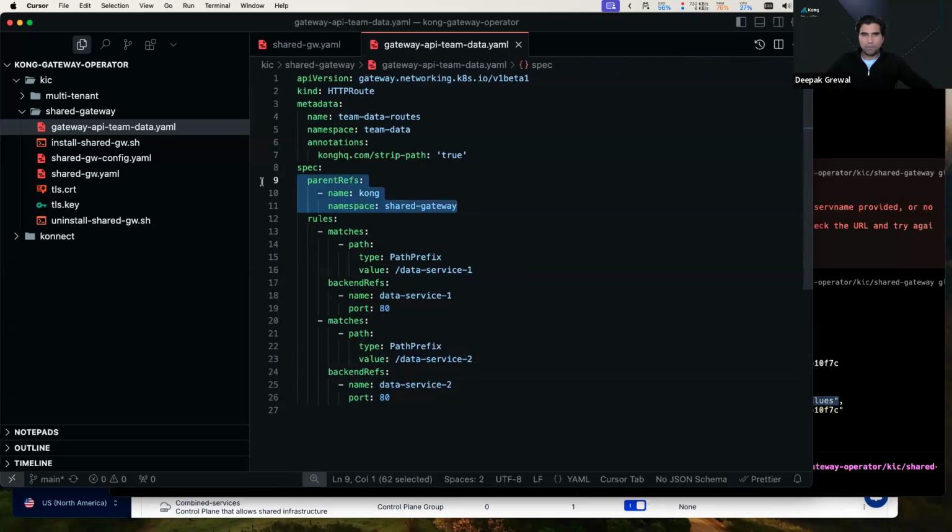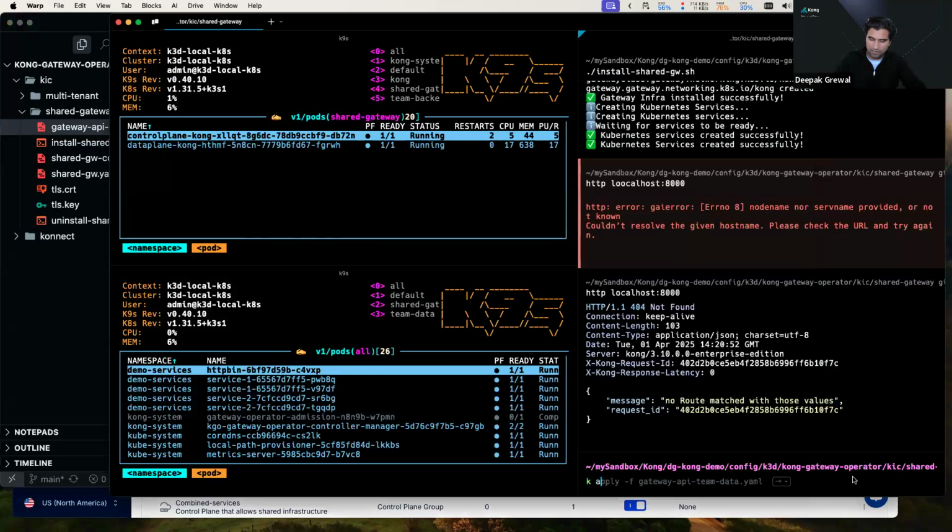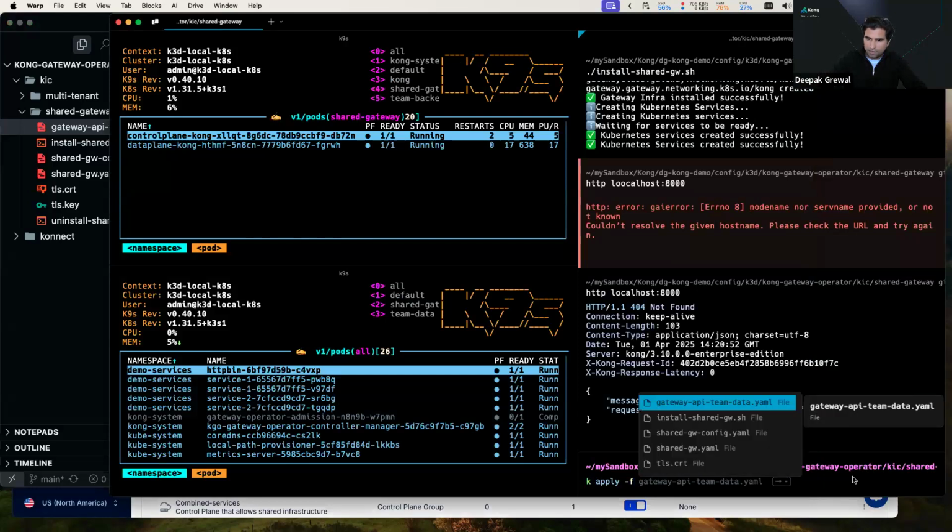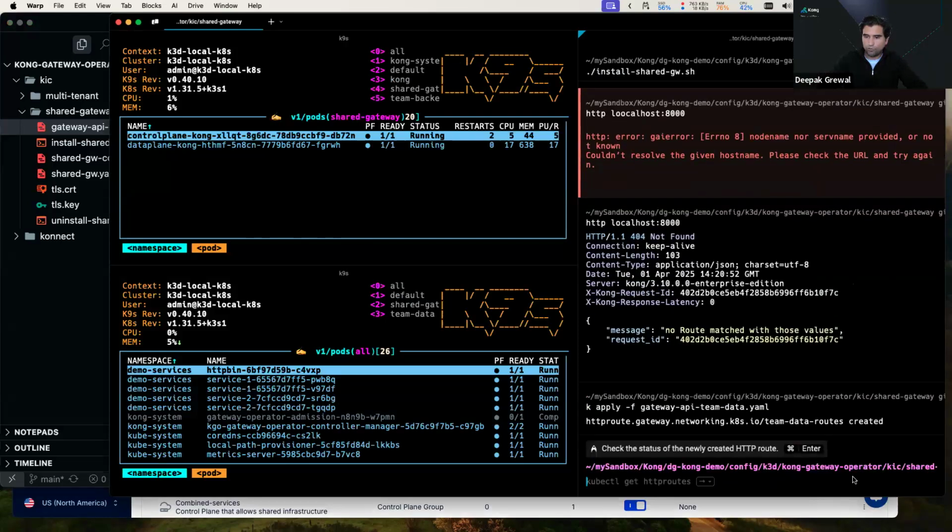So again, when I apply this resource on my cluster, it's going to point to the shared gateway. So I can go in and apply this route. So that route gets created. So now when I go to my